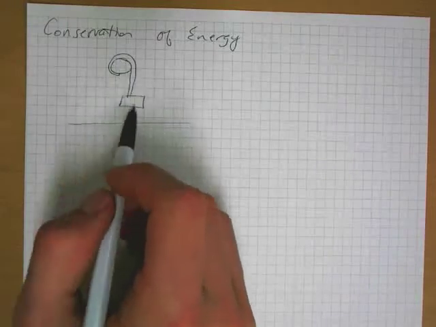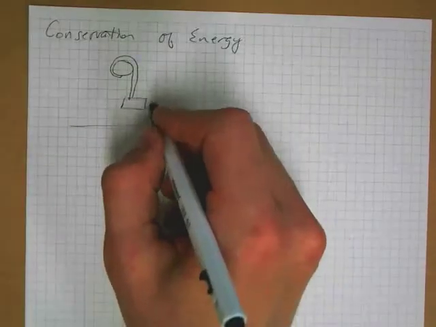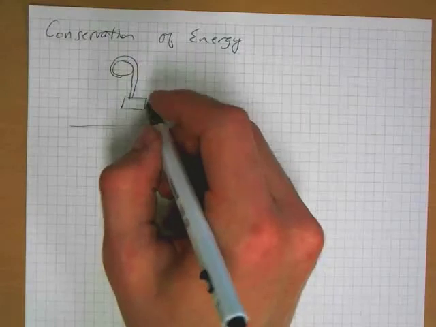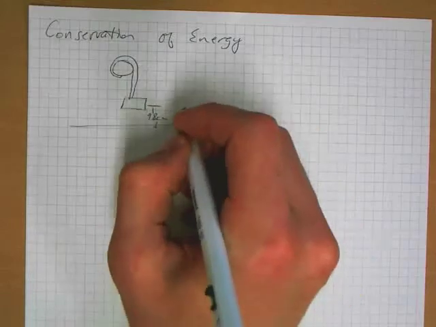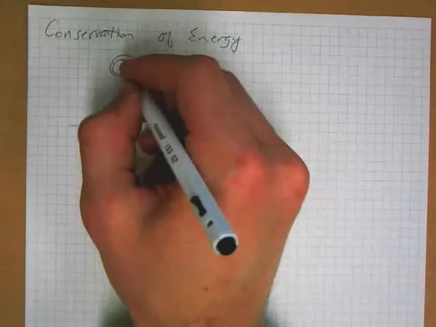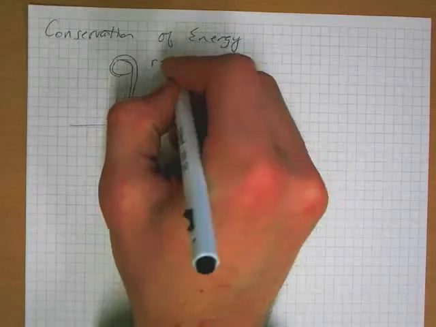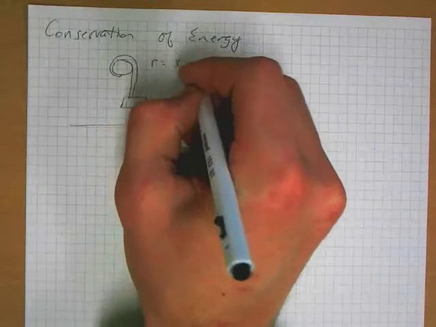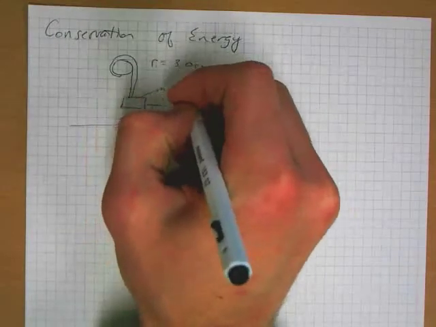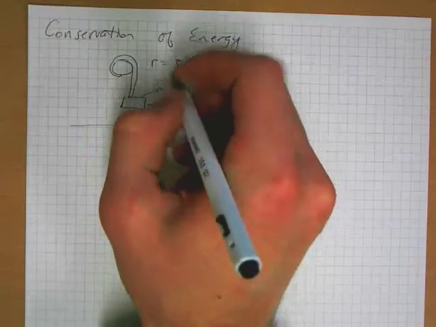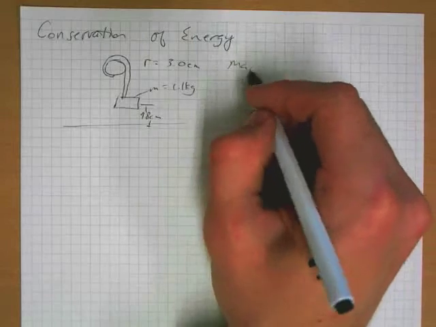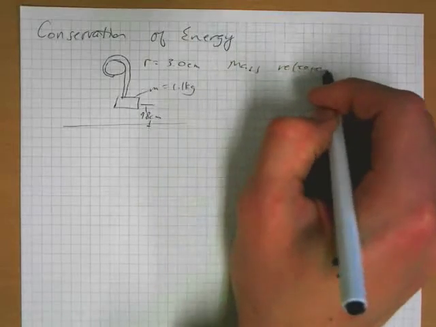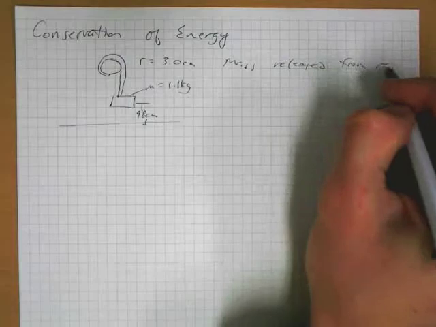And so this mass is held initially 98 centimeters off the ground. The wheel has a radius of 3 centimeters, and the mass is 1.1 kilograms. Okay, and then the mass is released from rest. So it begins falling, the wheel begins unspooling, and I want to know